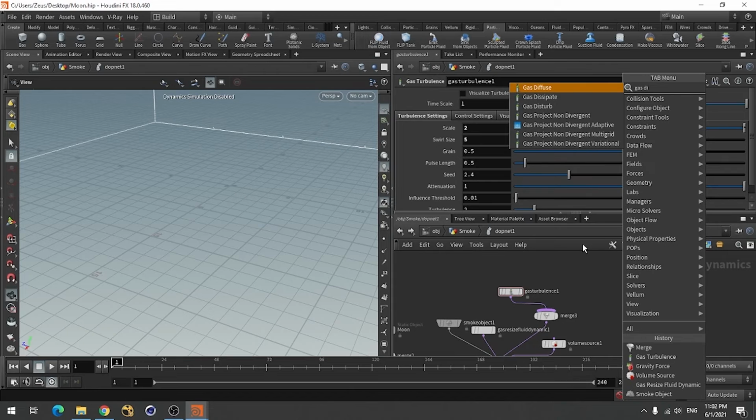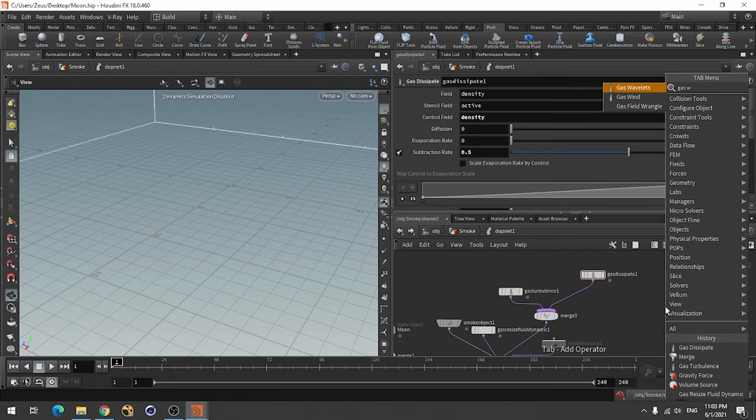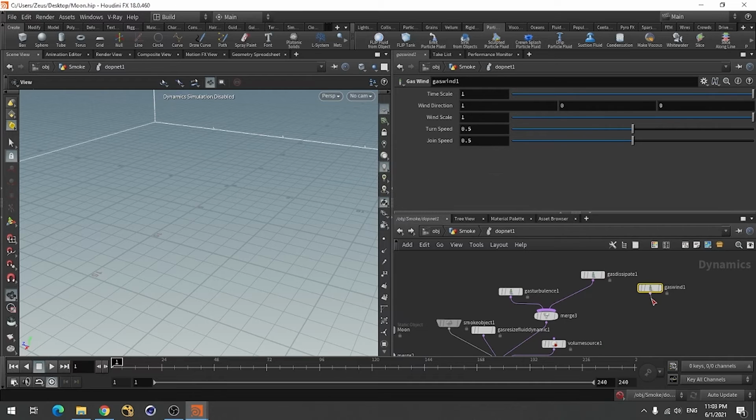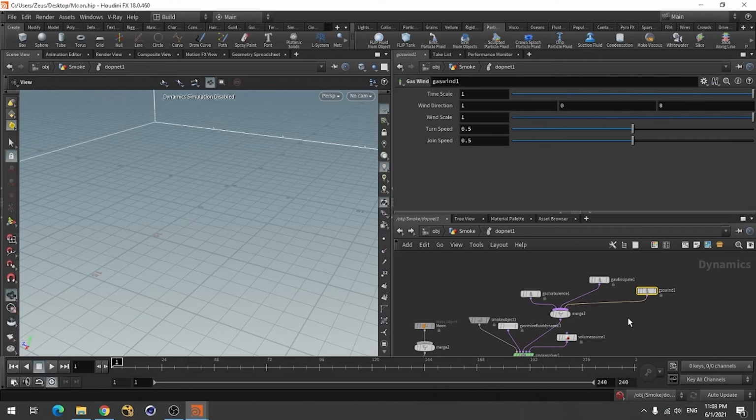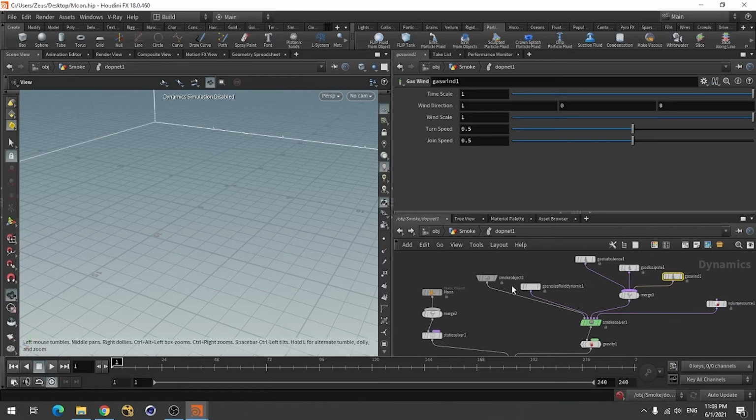Then I have used gas dissipate, and in here I used again density field to control this, and subtraction rate I used 0.5 so that it will kill all the forces, and I used gas wind to emulate some wind effect, and I think I used almost default. These are some values that I have used,